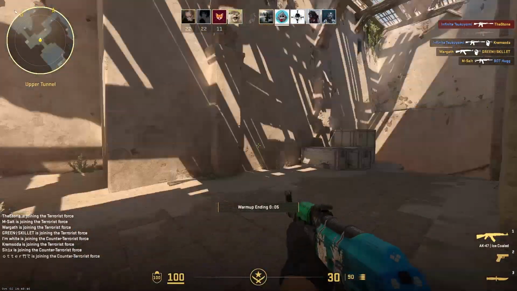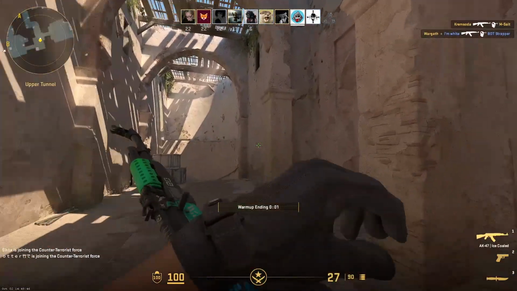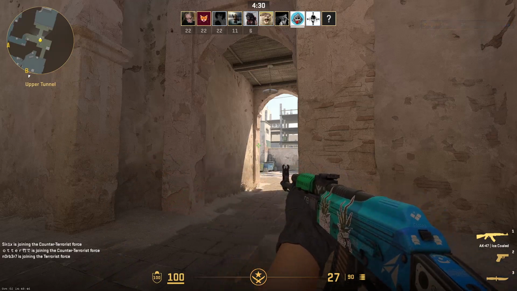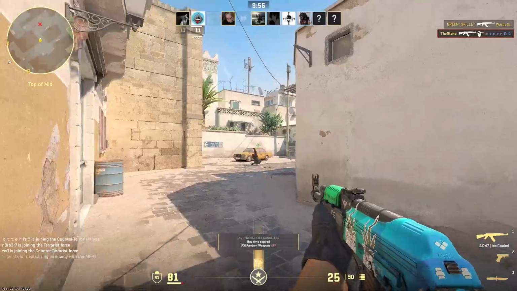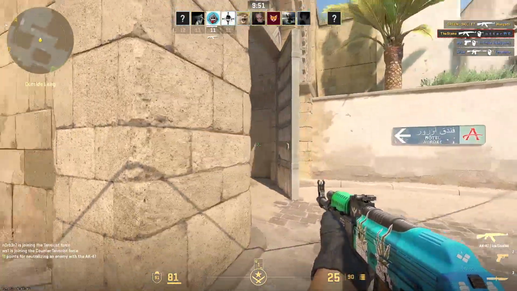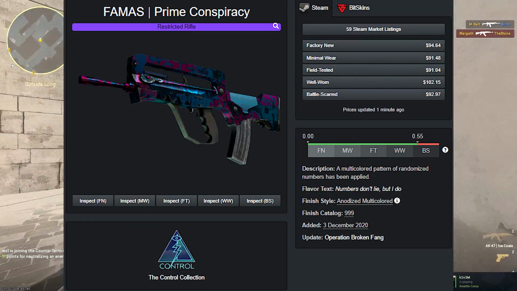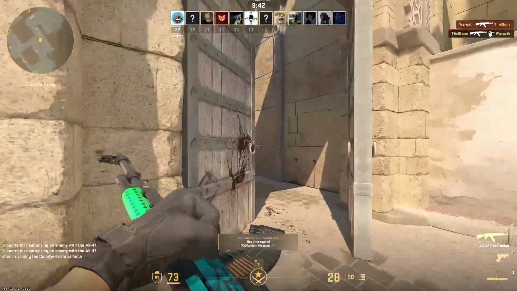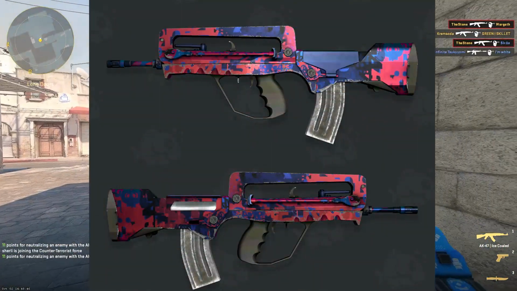It only comes in minimal wear and field-tested condition, but we really don't care about that. We like how it looks, and it's from the Ancient Collection, so we're going to be grabbing one of these if you want a mid-tier Famas investment. And the high-tier investment for the Famas is gonna have to be the Prime Conspiracy coming from the Control Collection. It's only $100, so for a high-tier skin that also looks very amazing, this is a very nice skin to